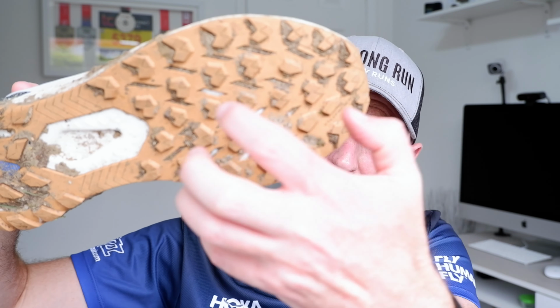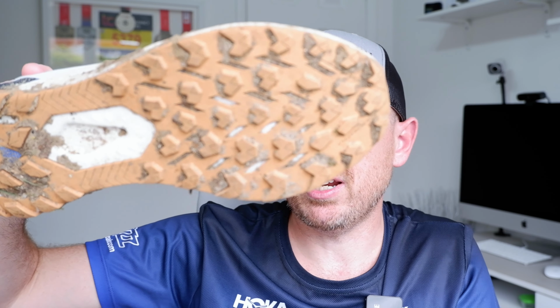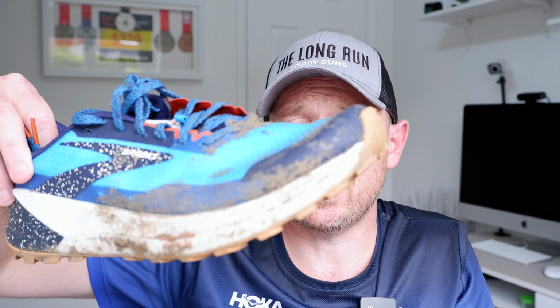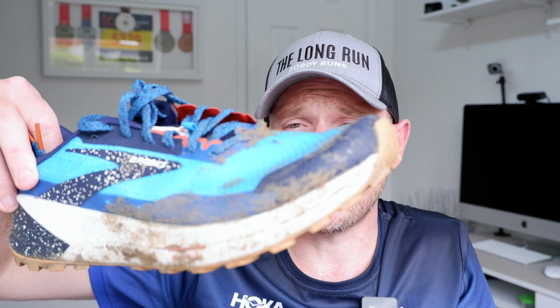The tread or the lugs on it are not over intrusive. You know, they're not that deep, but there's enough there to grip on, and it's just great. If I tell you, the best place for me to use it is like a faster park run around some of the traily park runs that we do. That's a perfect example of where I'm using this shoe. It is a great